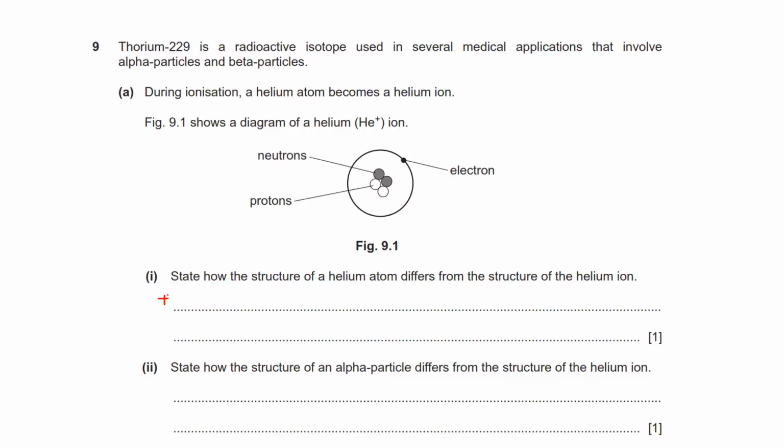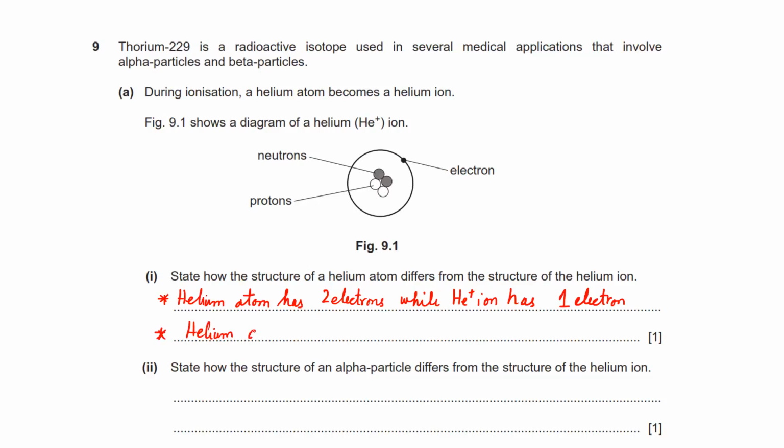So one helium atom has 2 electrons, while a helium positive ion has 1 electron. Okay, so the ion means positive ion means loss of electrons, or you can say it